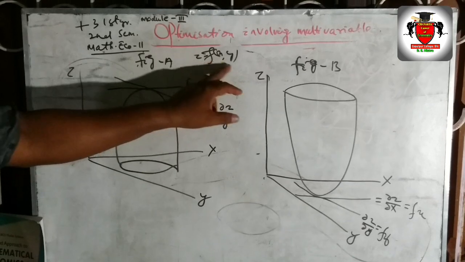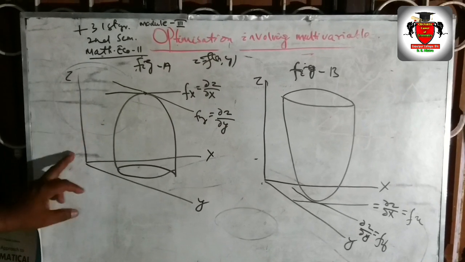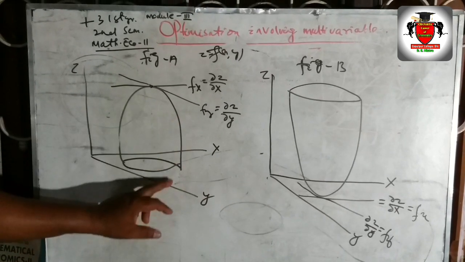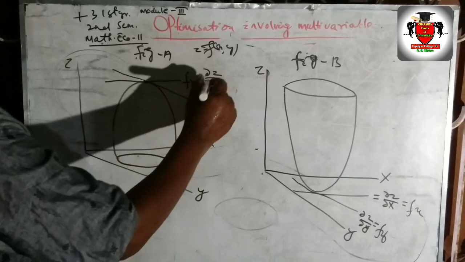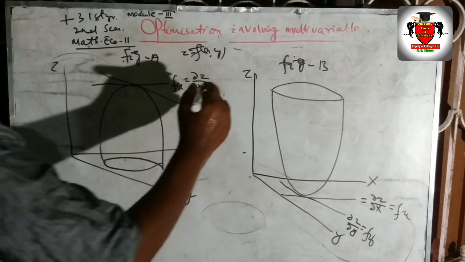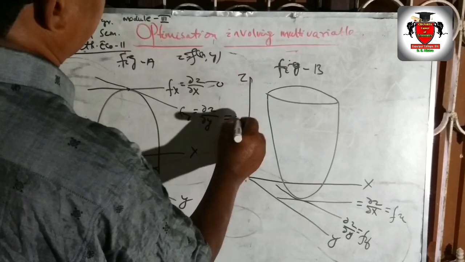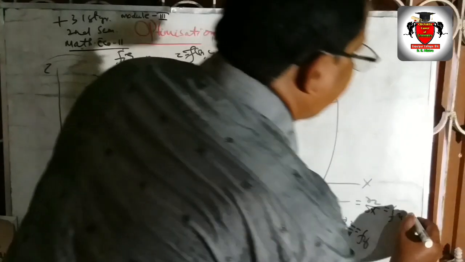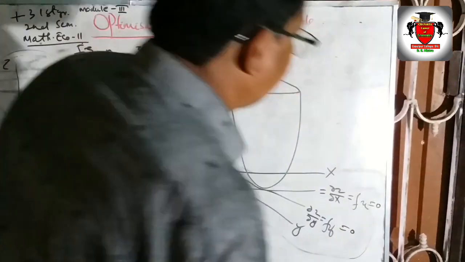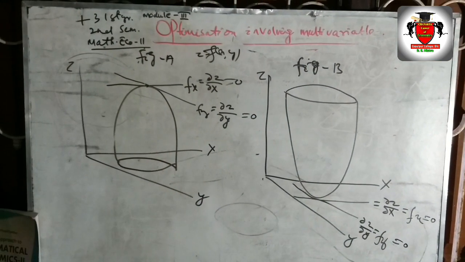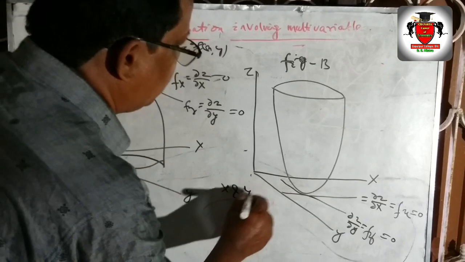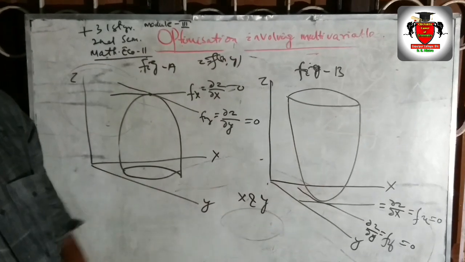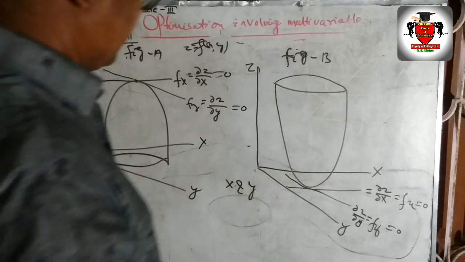So in the case of z as a function of x, y, you find that this is the z axis, this is the x axis, this is the y axis. This is the optimum or maximum value here. fx means del z by del x, fy means del z by del y. And we find that the first order derivative for maximum is equal to 0, and also the first order derivative for minimum is 0. The first order derivatives will give us the values of x and y for which the z function is either maximum or minimum. Another figure may be there, it is called the saddle point.